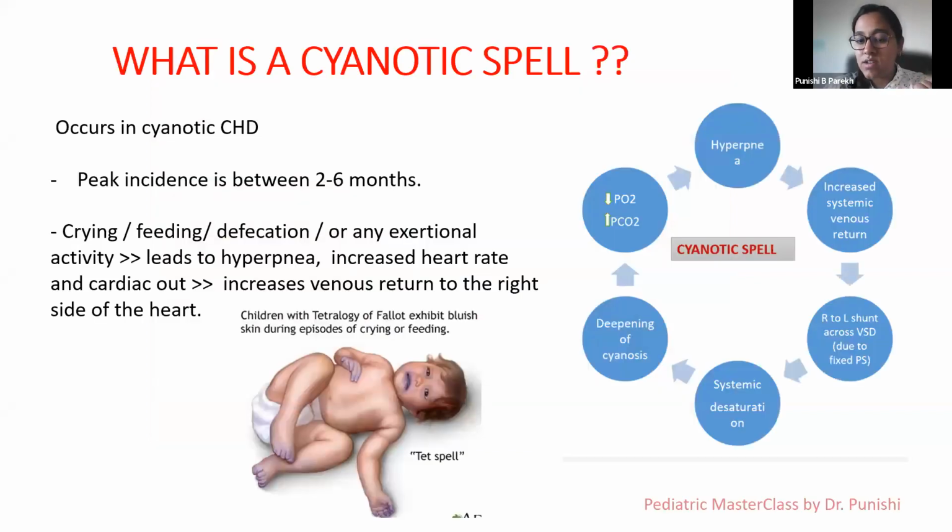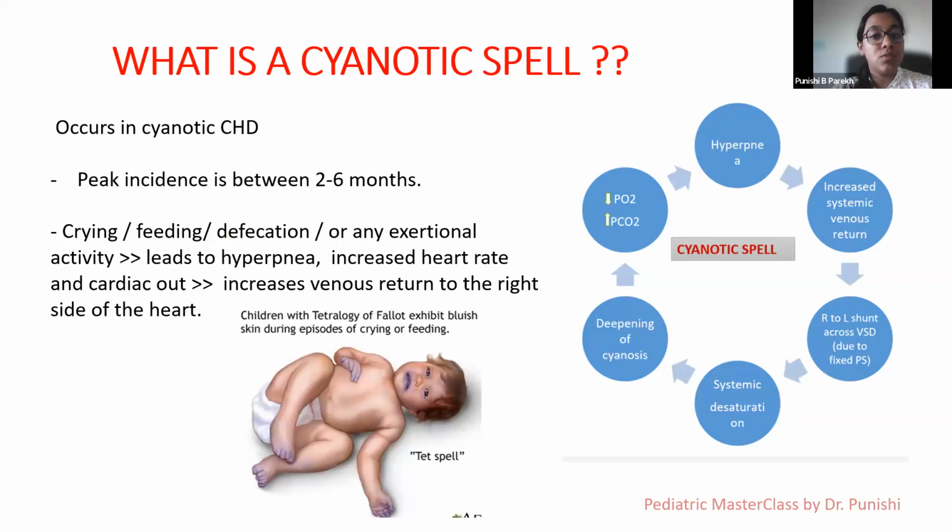So increased venous return causes increased shunting of blood from the right to left across the VSD. All of that blood eventually exits the aorta, so that results in systemic desaturation. Worsening of cyanosis. When you have worsening of cyanosis, you will have decreased PO2 and increased PCO2. Now the body senses that, oh, there is more carbon dioxide in the body, so I need to flush